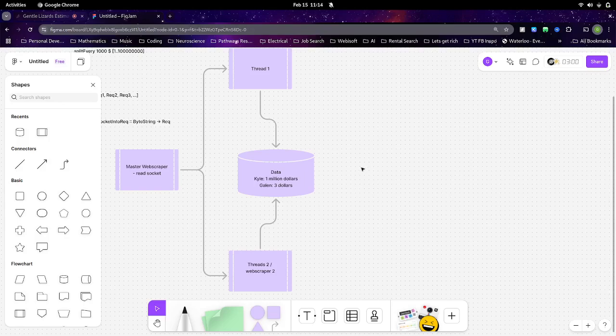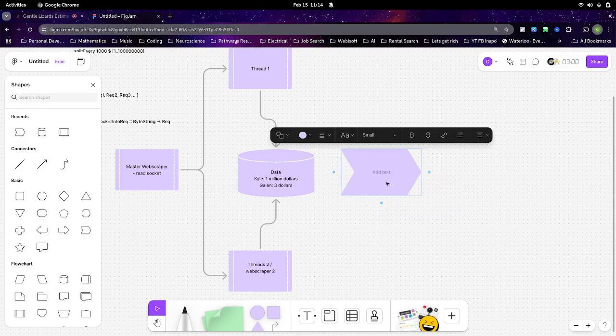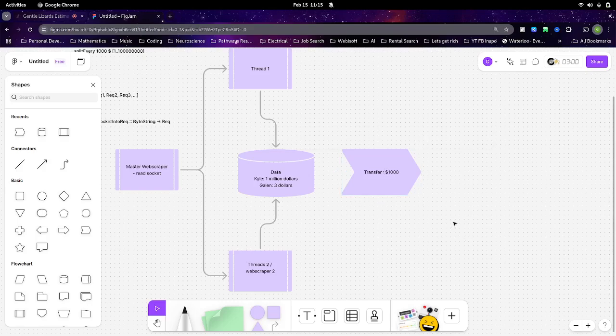Let's take two scenarios. I want to perform a function where I'm going to transfer $1,000. There's two scenarios in which one will work and one will not work.